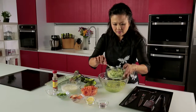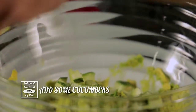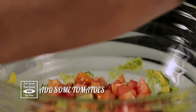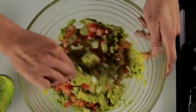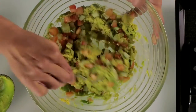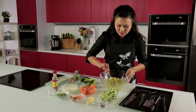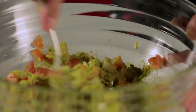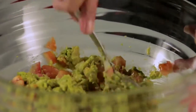Okay, let's chuck in some tomatoes and cucumber. You can add more to it later if you feel that you want it to be a little bit more full of vegetable goodness. But for now, I think this is a good percentage of avocado to tomato and cucumber, because you don't want to have either one being too dominant so that it takes the balance of flavors away. And once you're sure you've got it all thoroughly combined and the avocado is all nice and mashed up,